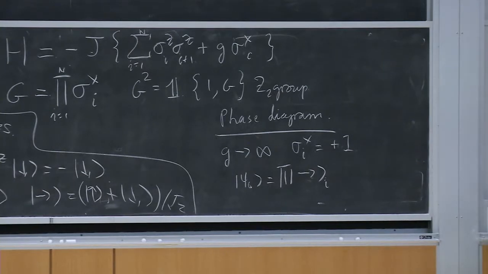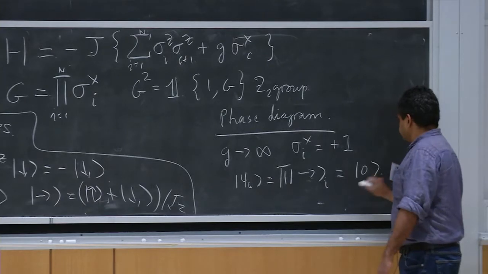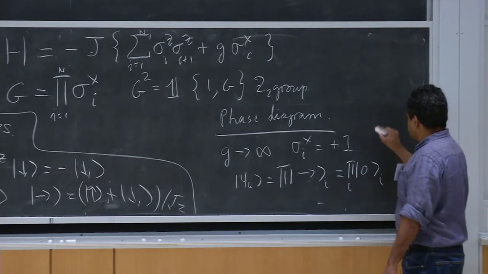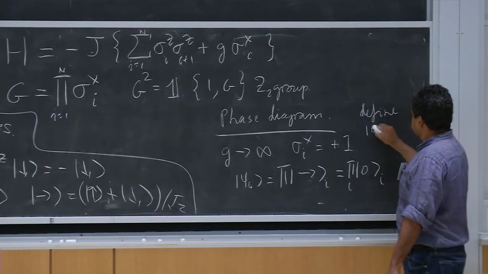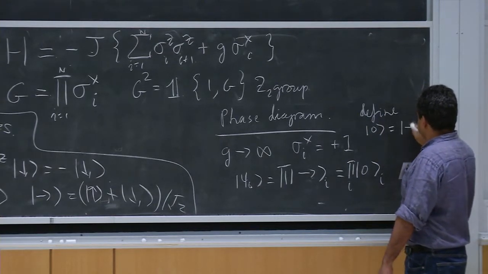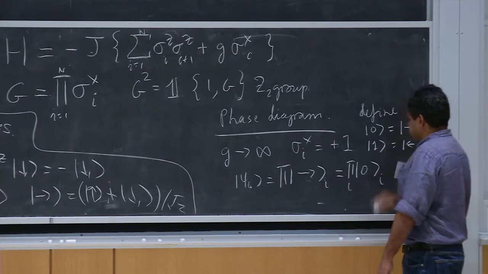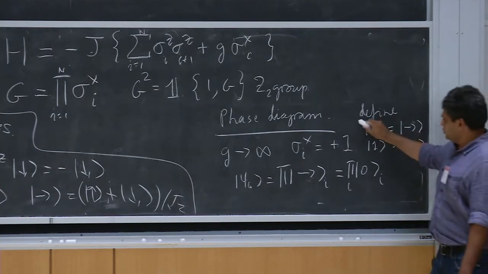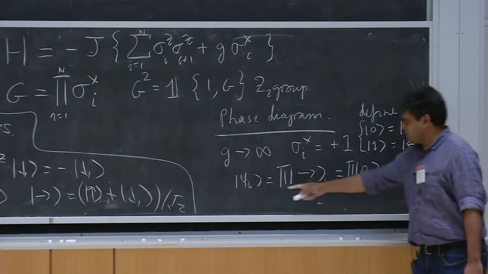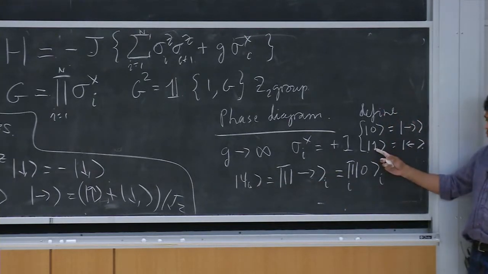Okay, so I'll also represent this by a string of zeros. I can also think of this as qubits if you like. So we can define 0 as the sigma x equal to +1 eigenstate, and 1 as the -1 eigenstate. That's another piece of notation which is sometimes useful. So you can think of this state as a vacuum. There's a state which has no ones in it, all zeros, that's like a vacuum.